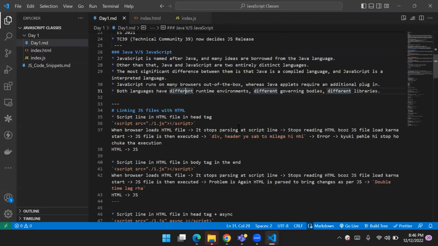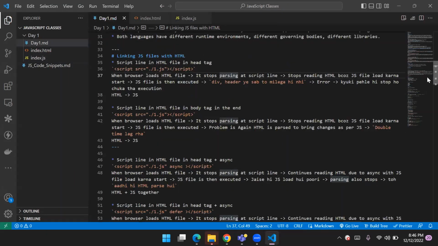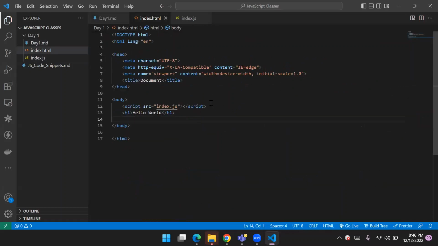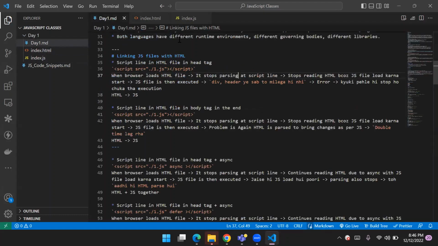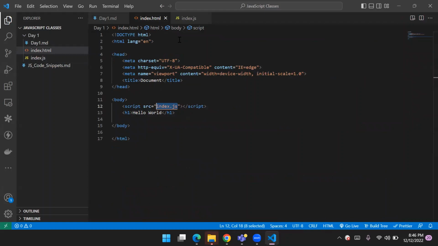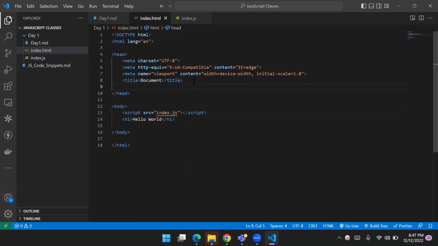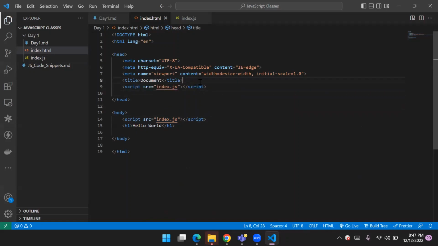let us go to our notes. What will we see? One thing I have done is, how did I use JavaScript? I have used this script tag. Okay, in this script tag, there is an attribute which is src, and inside it, we write the name of the file of our JavaScript. Now, there are 3-4 ways of adding a JavaScript file in our code. One thing is we can use this script tag inside head. Okay, this is